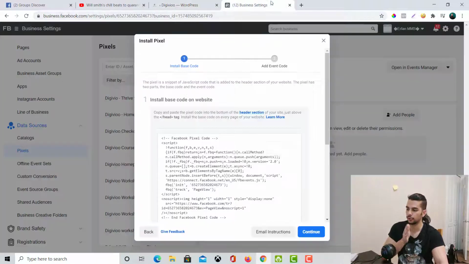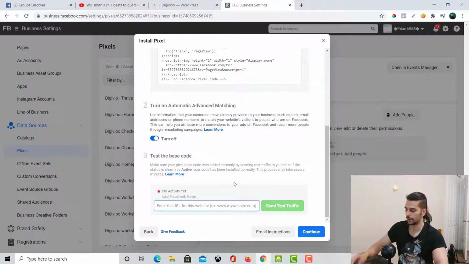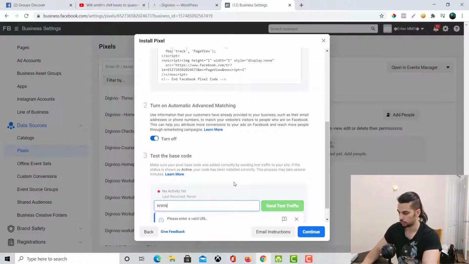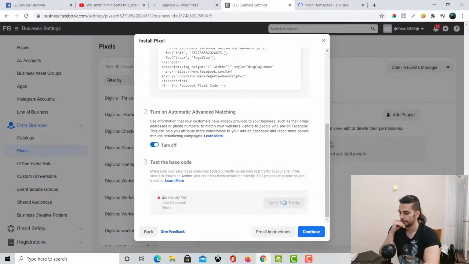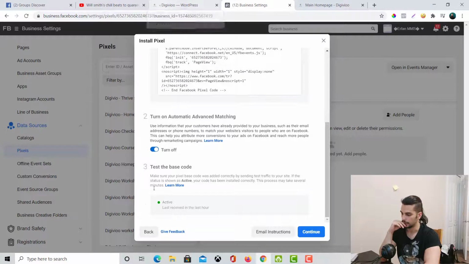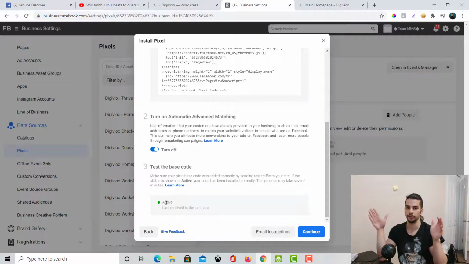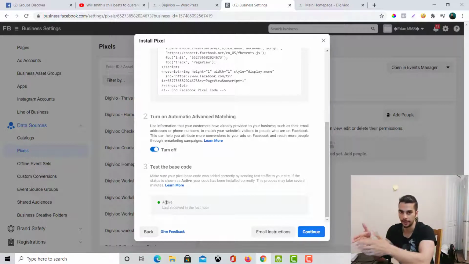What I'm going to do right now is send test traffic to my website to make sure that this pixel code is already activated. So send test traffic, and then we wait. No activity yet, and it just takes a couple of seconds, because it needs to recognize that the pixel is active. Done. It's good to go, and it's not messing up your appearance theme editor,